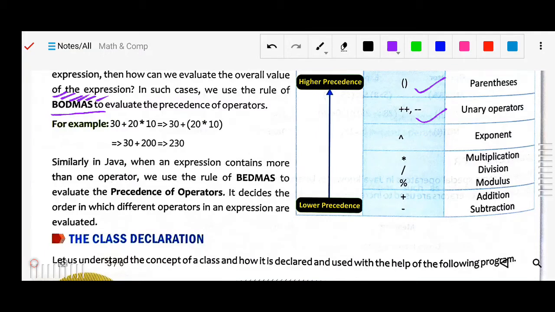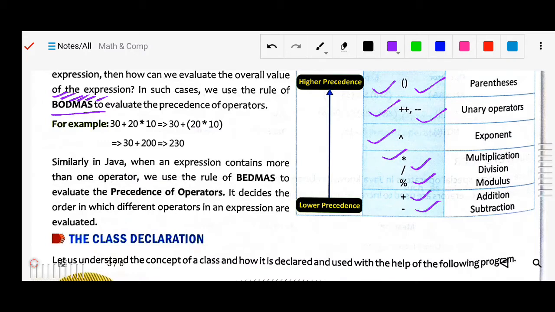In this way Java provides precedence for the operators: first parenthesis, then unary operators, then exponents, then multiplication, then division, then modulus, then plus, then minus.